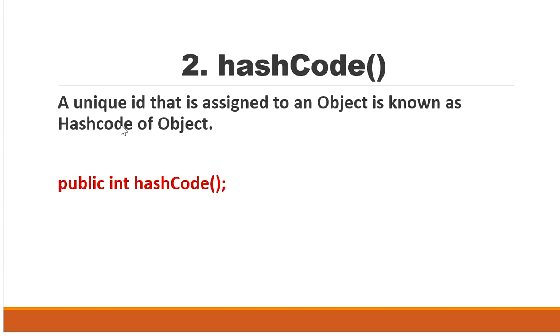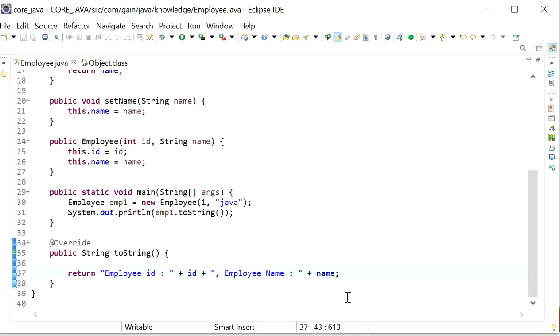The JVM uses this hashcode value while we are saving our object into a hash table, hash set, or hash map. Based on our requirement, we can also override the hashcode method in our own class. The hashcode method will be executed and generates the hashcode based on the address of the object. But whenever we override the hashcode method, the hashcode is no longer related to the address of the object.